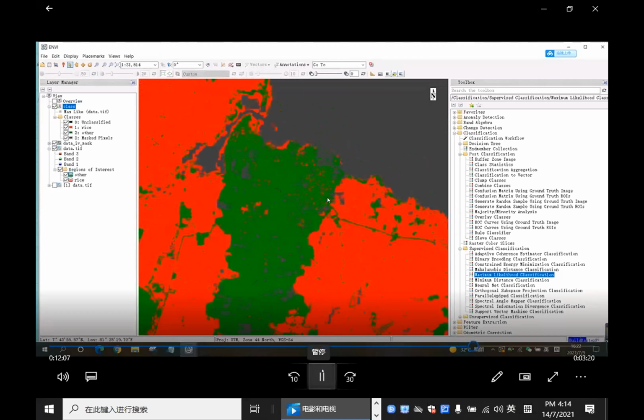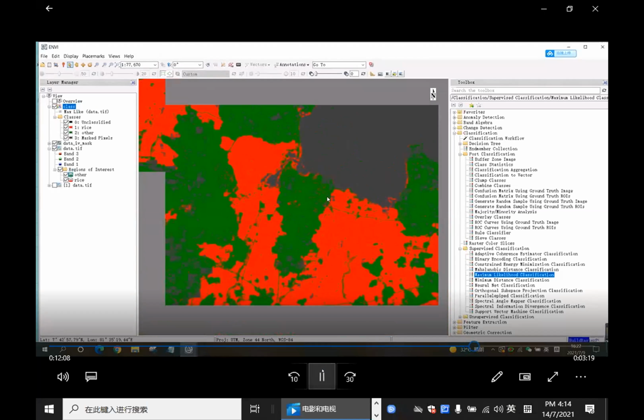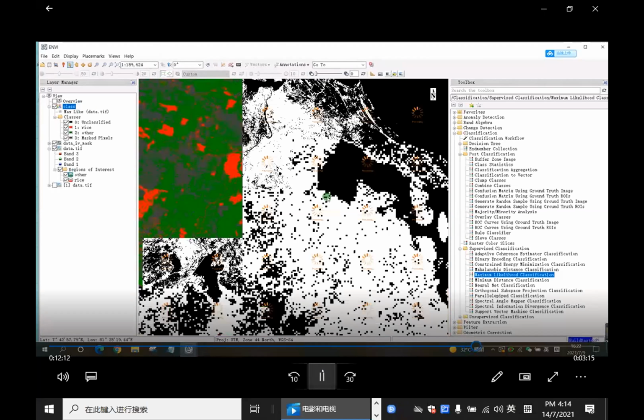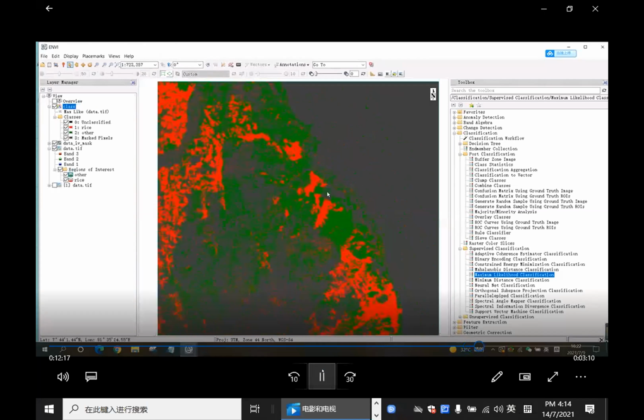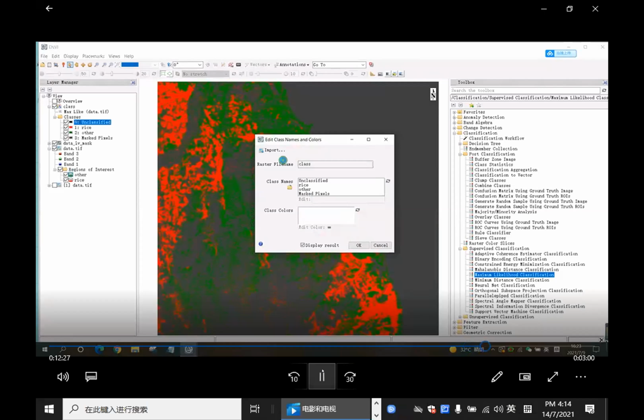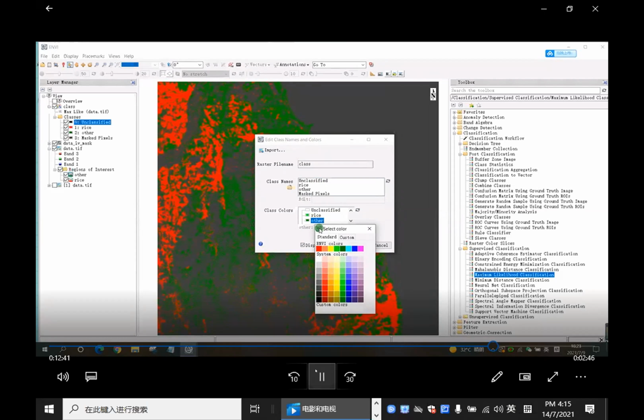Okay, here we get the output of the classification result. We can see that the rice and the other crops are in different colors. The rice is, I think, red, and the other crops are in the color of green, I think. And you can also edit the colors of the crop types, or whatever you like. And you can also edit the name of the